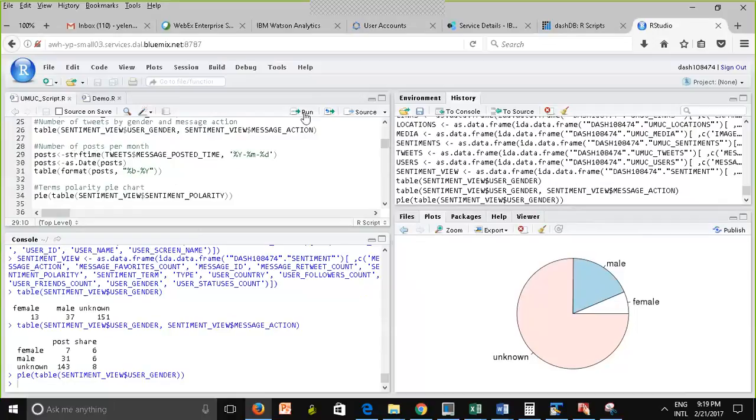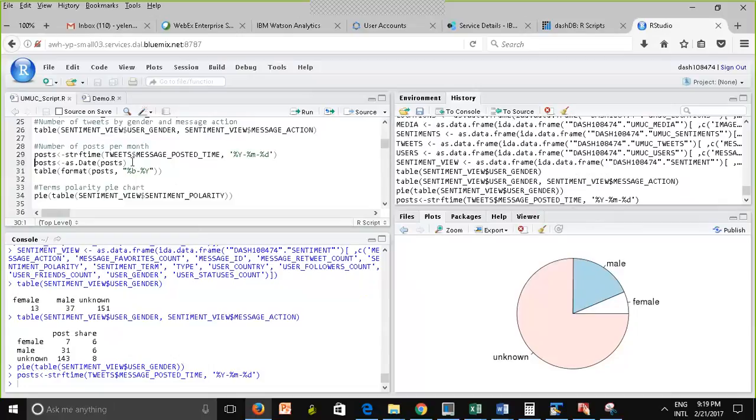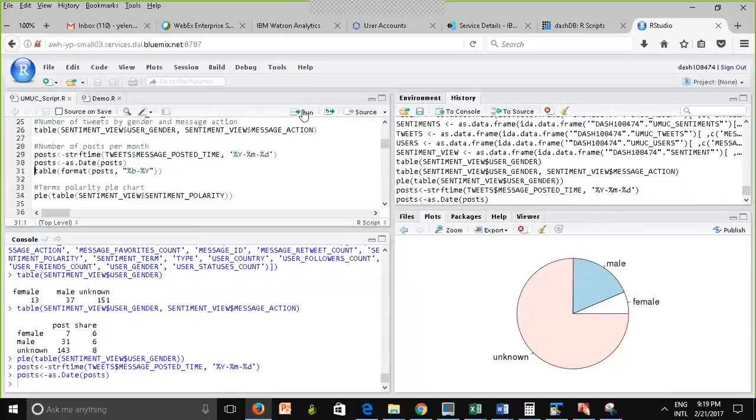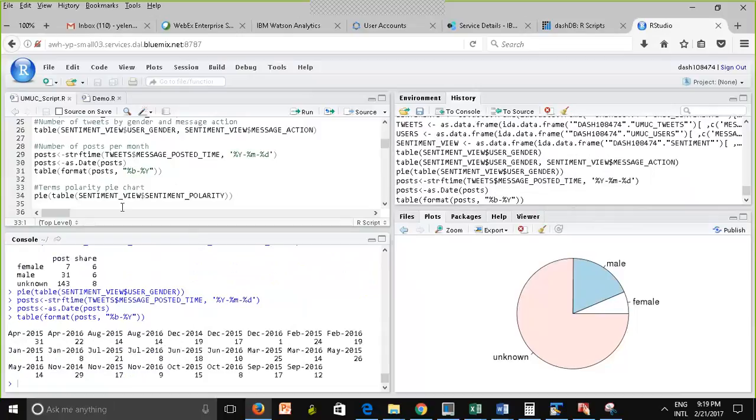So I'm converting it to the date. And here, I'm just trying to get the number of posts per month. This is going to pull the months and the year. This is just the format code, and you can look at the documentation. You run the help command to see those codes, right?